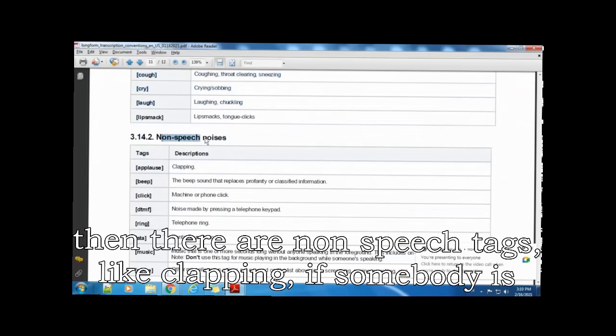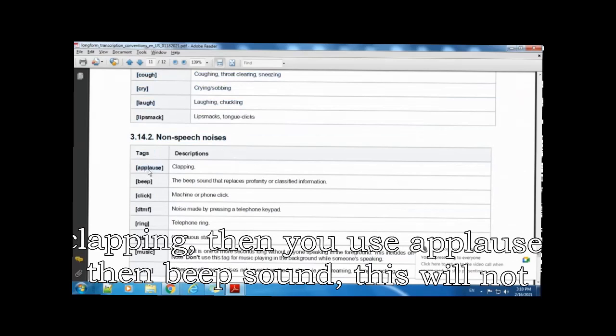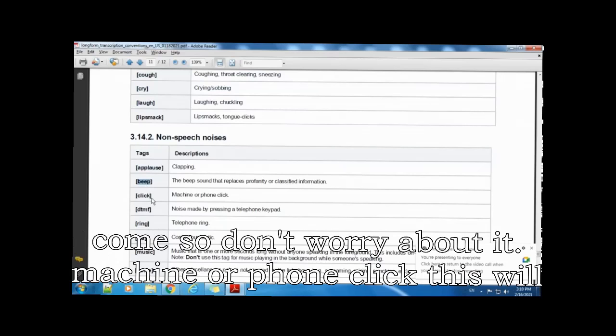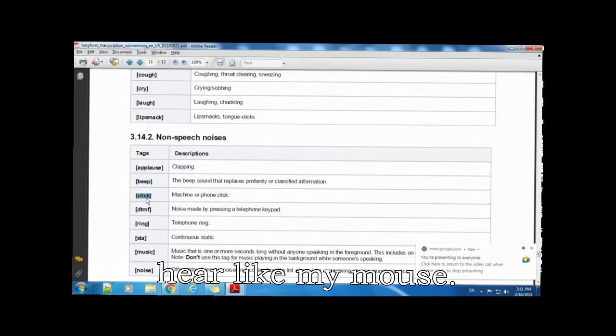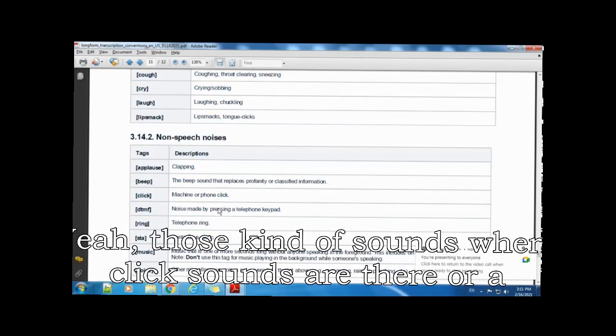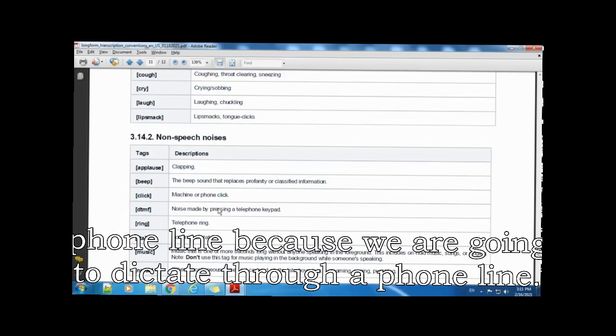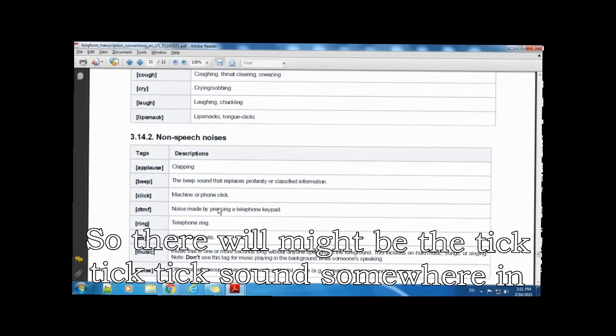Then there are non-speech tags like clapping. If somebody is clapping, then you use applause. Then beep sound. This will not come, so don't worry about it. Machine or phone click. This will come. Click sound is going to be very prominent, like my mouse, or a phone line, because they dictate through a phone line, so there might be a tick tick tick sound somewhere in between.